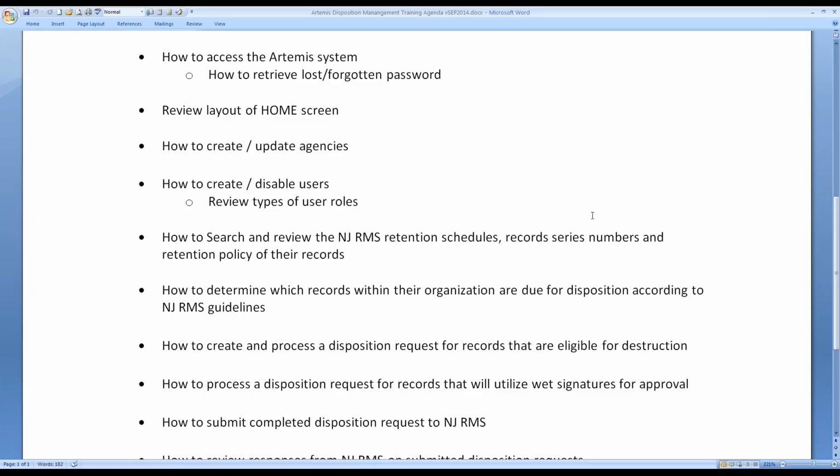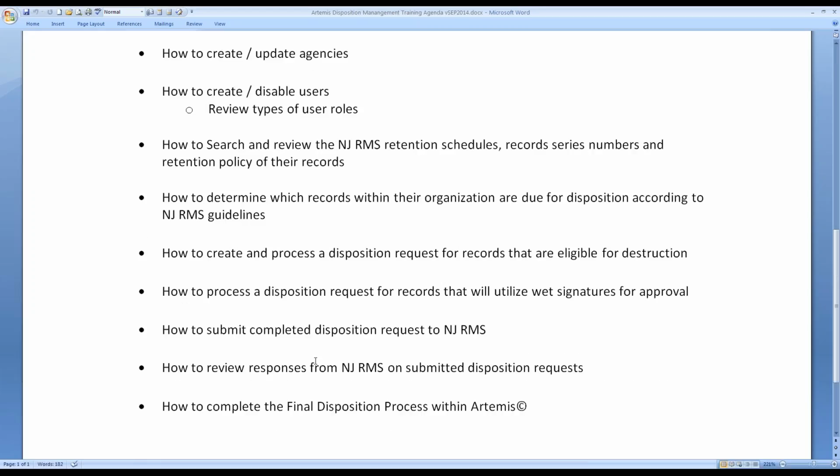Once that form is sent to the state, we'll talk about what happens once you get a response back from them. Hopefully your request has been accepted, and then we'll cover the next steps after that. So these are the agenda items that we're going to try to cover over the next hour and a half. I try to keep it to an hour and a half. I will let you know that we have gone over a little bit the last couple of webinars based on the questions that we got, but I'll try to finish around 3:30, as close to that time as possible.